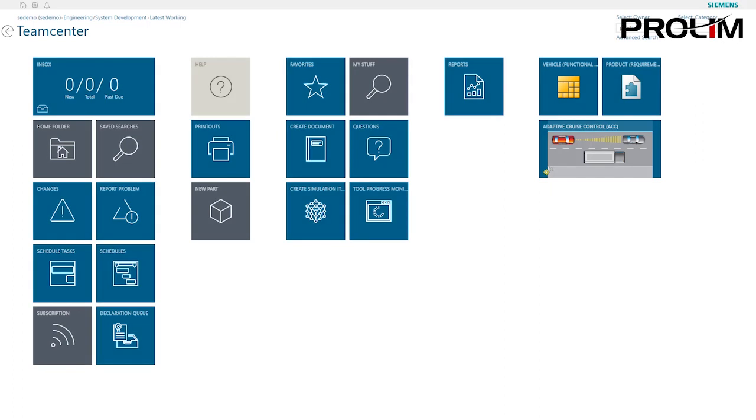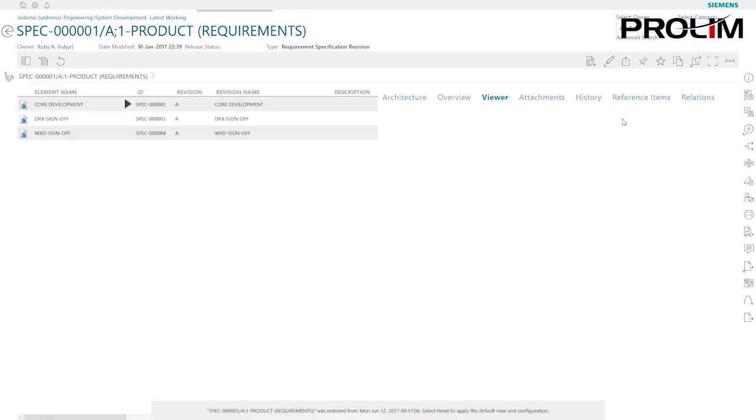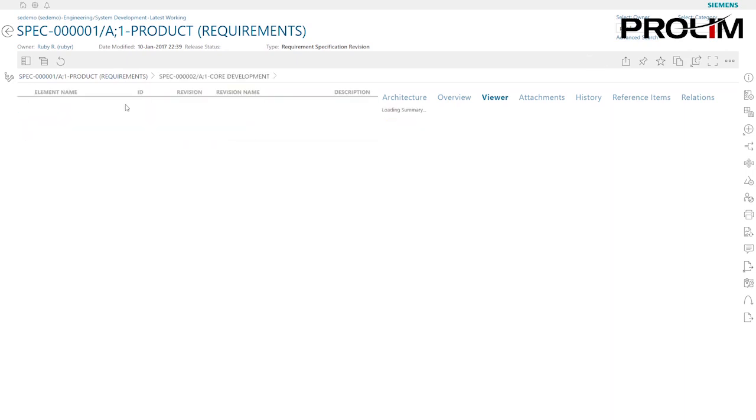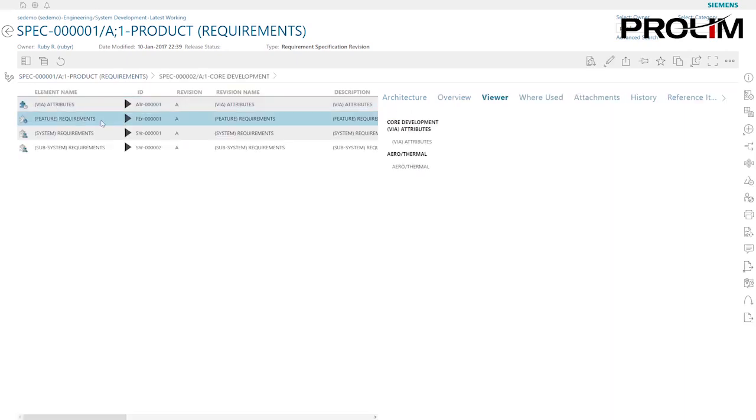Okay, so now in the next section, which is 6.3, we're going to create context and relationships between requirements. The first step is to open up the product requirement structure again. The next thing we're going to do is define our context scope. So we're going to drill down to the core development. We're going to go back to our feature requirement,